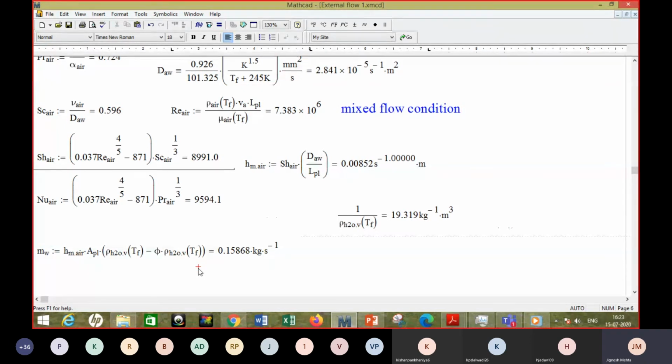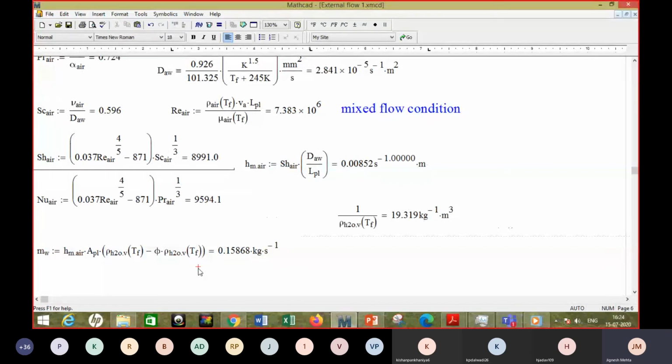No, you are talking about the density of water vapor in air. Density of water vapor in air. Now this density of water vapor in air at the surface of the water will be higher as compared to the density in the free stream of air, and that's the difference which is creating or providing potential for mass transfer.